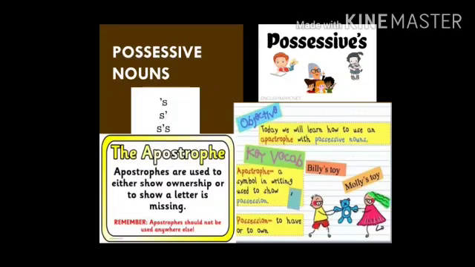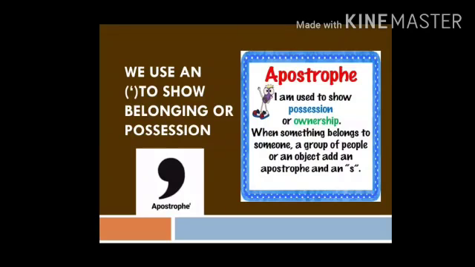Apostrophe is a symbol which is used in writing to show possession, that is, to have or to own something. Instead of saying that this toy belongs to Billy, I'll just say Billy's toy. Or instead of saying this toy belongs to Molly, I will just say Molly's toy. Now, how do we show belonging or possession? With the help of an apostrophe. So, this is like a little comma which we generally put after the word to show that it belongs to someone or to a group of people.